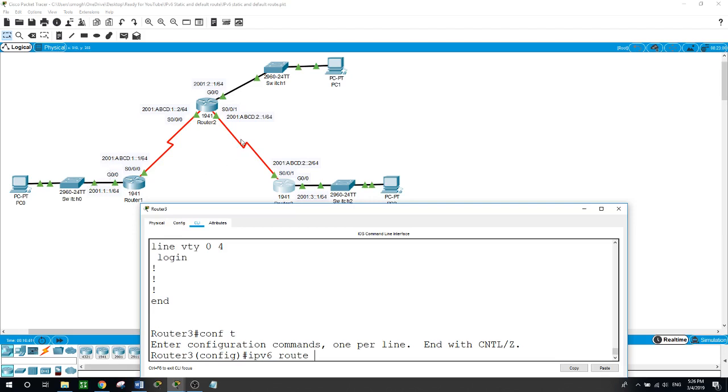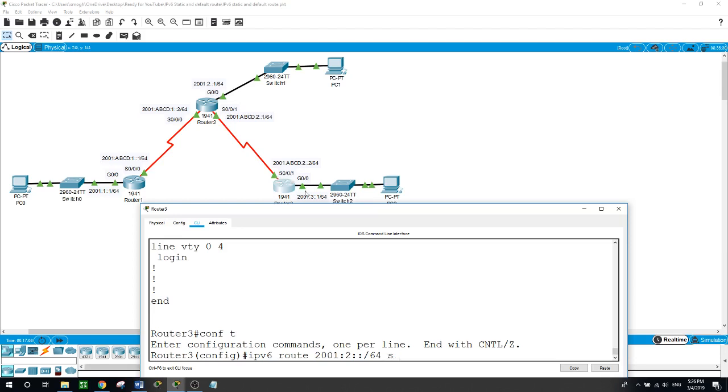So let's start with this network here first. IPv6 route 2001:2::/64 for the network, and its exit interface is serial